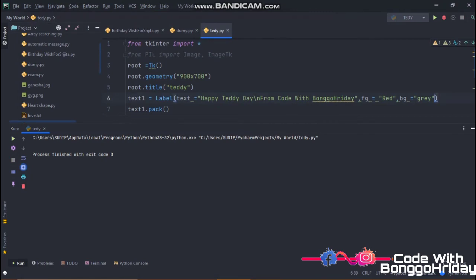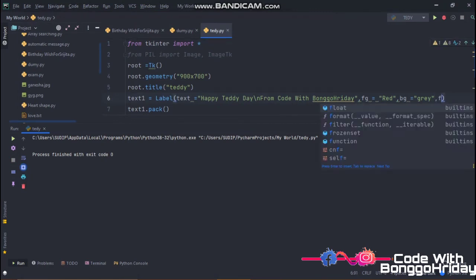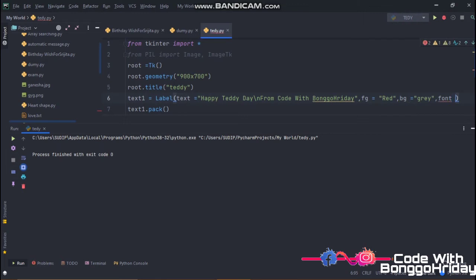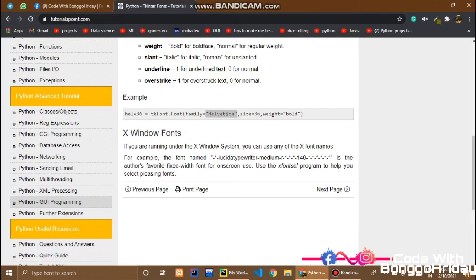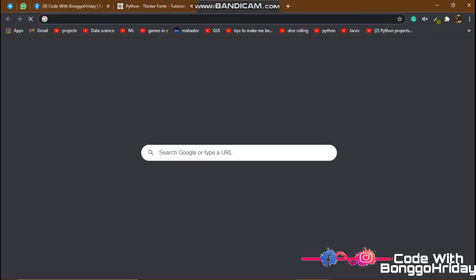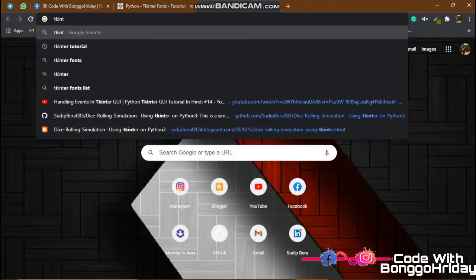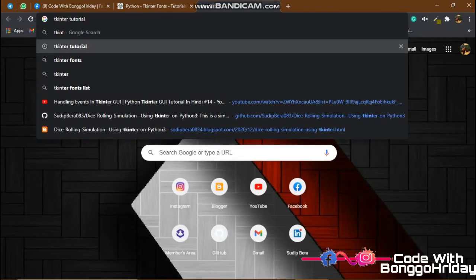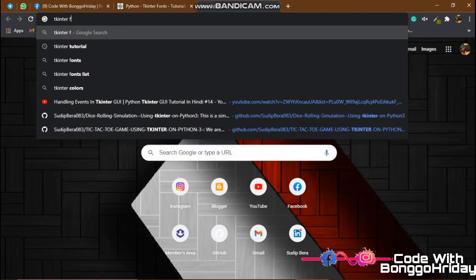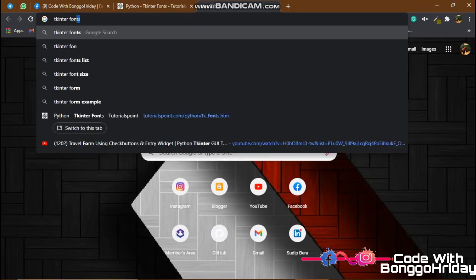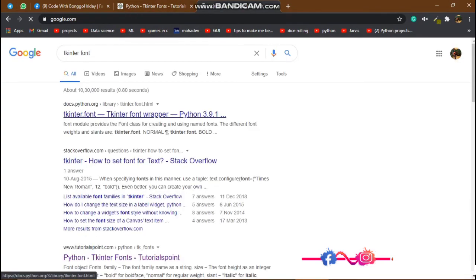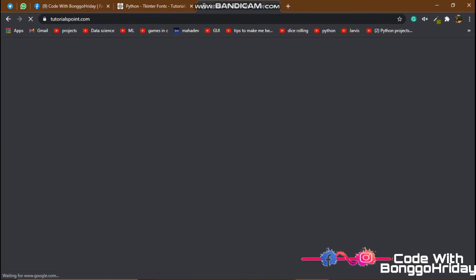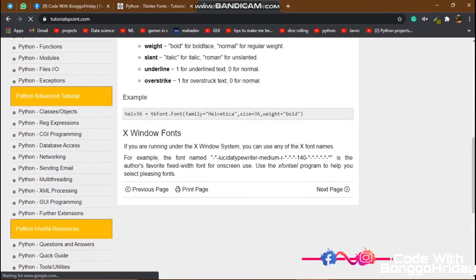Now I want to make the font large, so font. Now you can search on Google that Tkinter fonts. So there is many type of the fonts, like if you go to the tutorial spot you can find many type of the fonts.